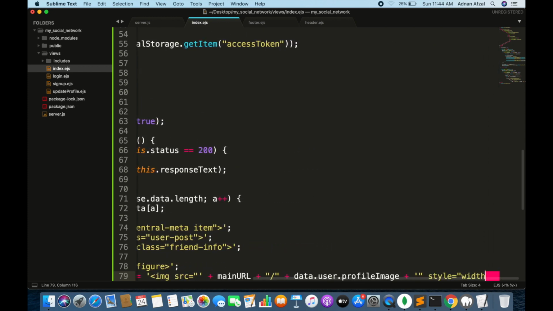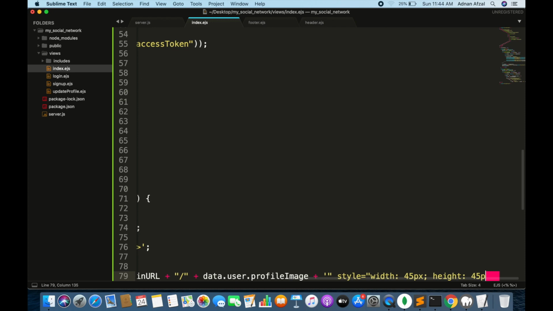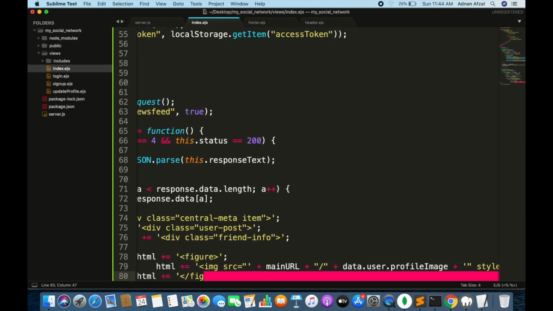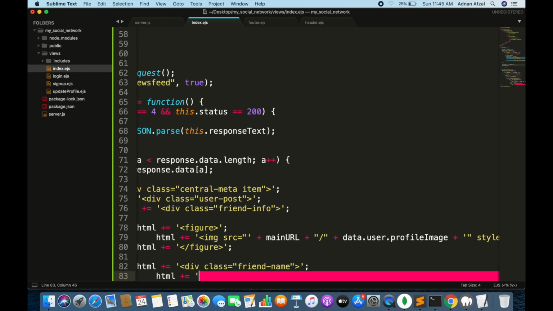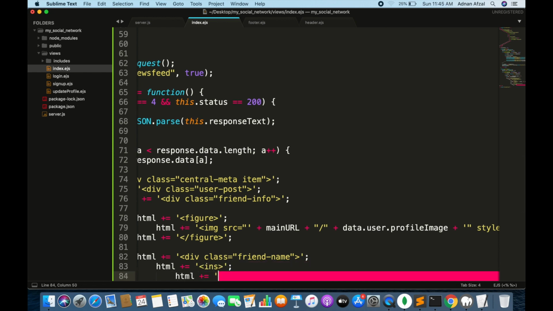Set the width and height to fit properly. We will display the name of the user in an anchor tag so that when clicked we will redirect to the user's profile page. We will do that later.